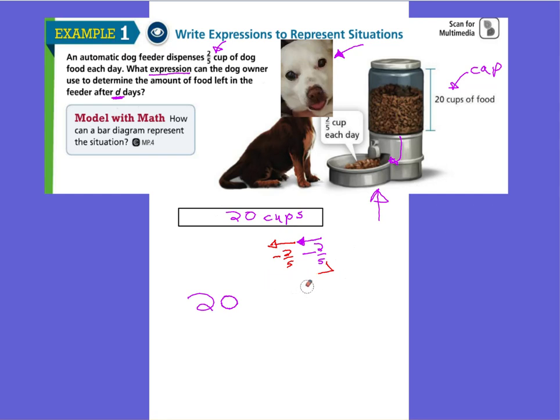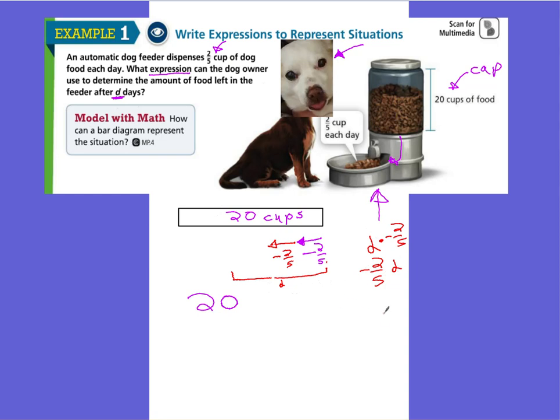So let's extrapolate it out a little further. What if I had an unknown number of days? Or d days? Well, I would take d, the number of days, and multiply it by the amount of dog food that gets dispensed per day. So essentially what that leaves me with is negative 2/5